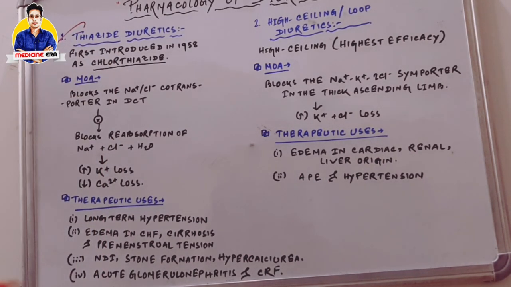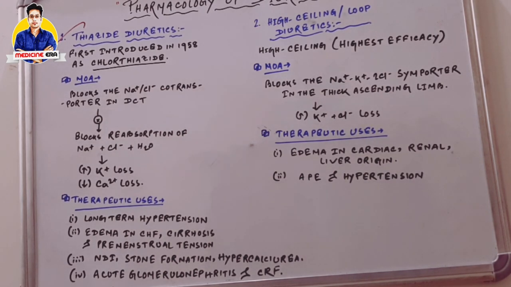Okay, at first, before starting the classification, I have to tell that in case of different types of disease formation, mainly diseases which can inflame our body or create some edema, in case of cardiac, renal, pulmonary or liver disorders, there must be some accumulation of different types of electrolytes and fluid in our body. So we have to deplete this extra electrolytes and fluid from our body to get rid of these disorders. In which cases, these diuretics play their major role.